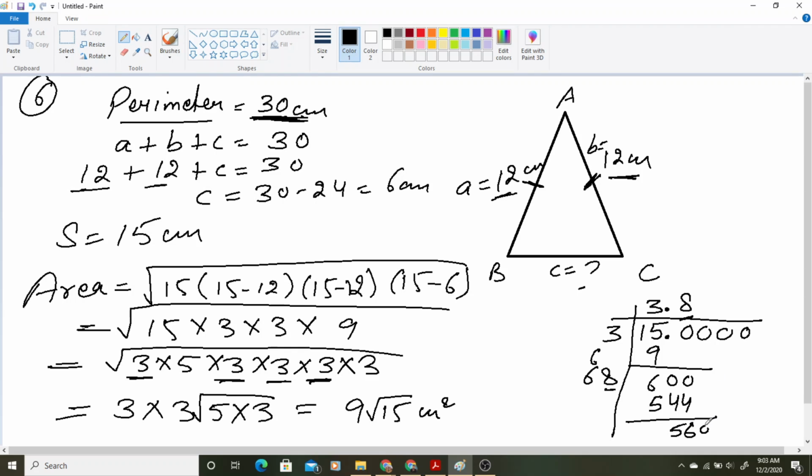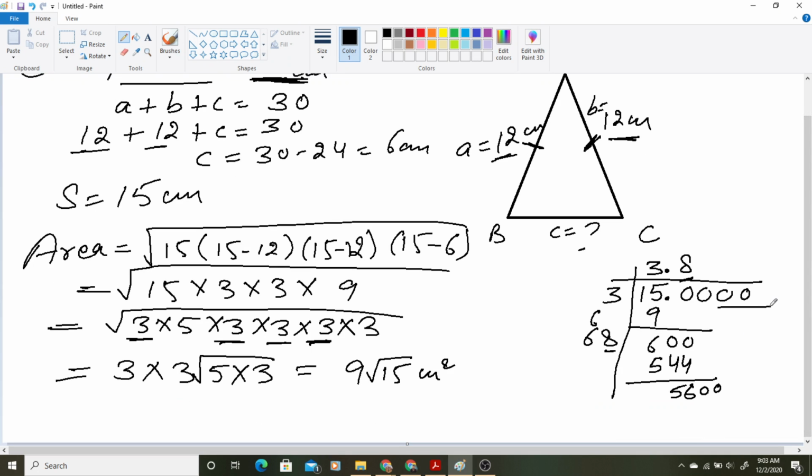Now again 2 zeros we are having. So we will take these 2 zeros also, that are in pairs. Okay, now just see, for this 38, what is the double of this 38? We are having 76. Okay, so what number we will be putting? Now just see, 8 7s 56, it will be more. So 7, if we will put 7, then 7 7s 49, 4 carry. 7 6s 42 plus 4, it will be 46. 4 carry. 7 7s 49, 49 plus 4, 53. So that means we are getting our answer 3.87.